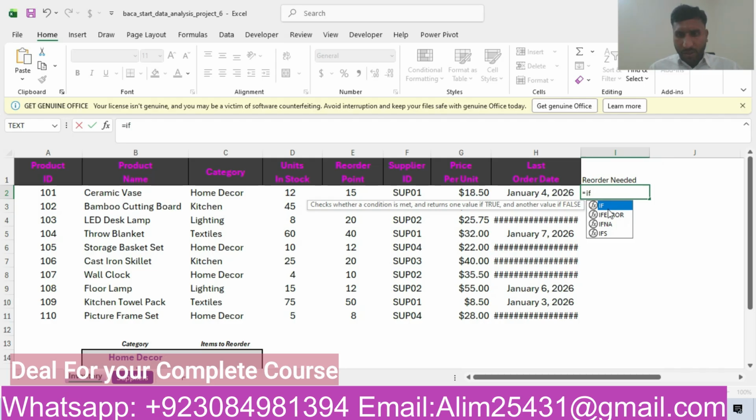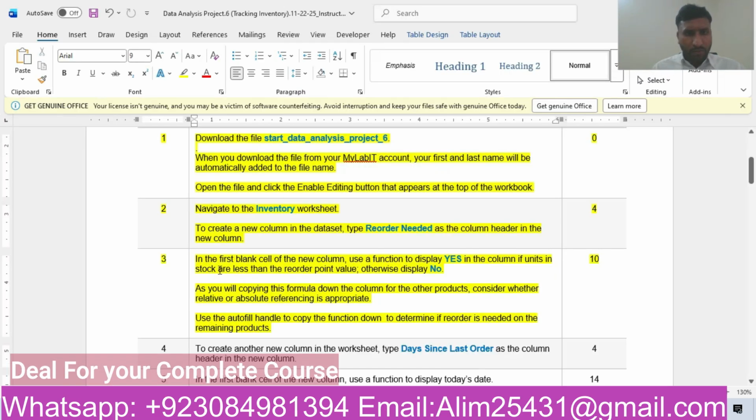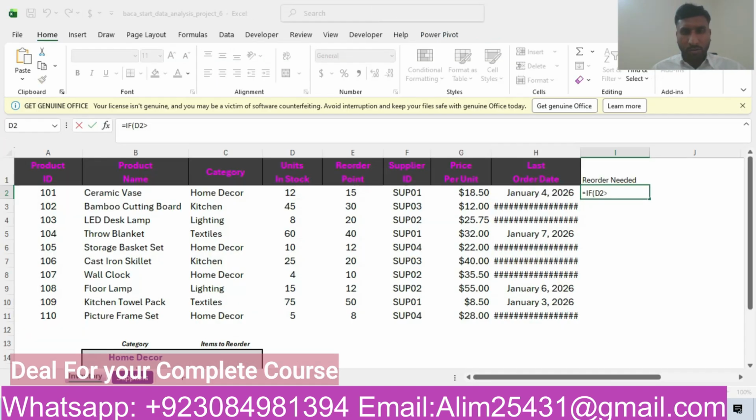He is asking that the units in stock, the value in the cell D2, is less than the reorder point. So units in stock less than the